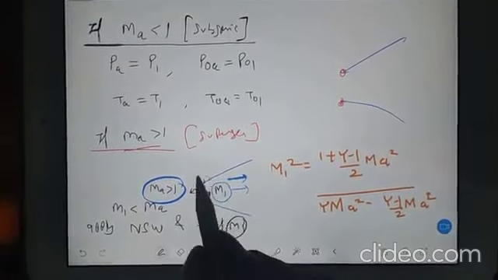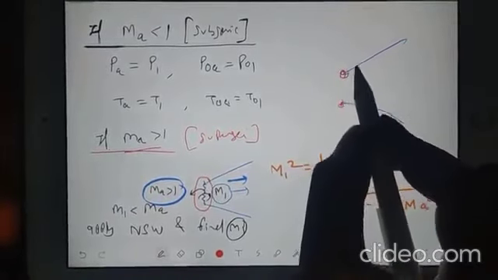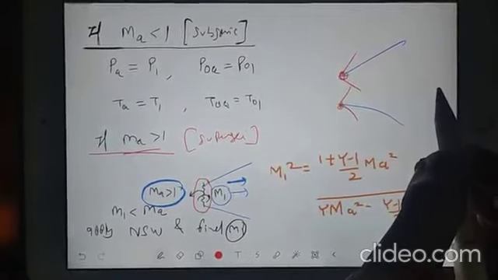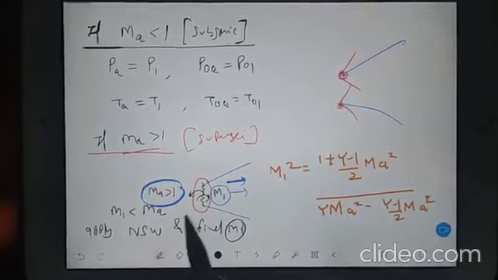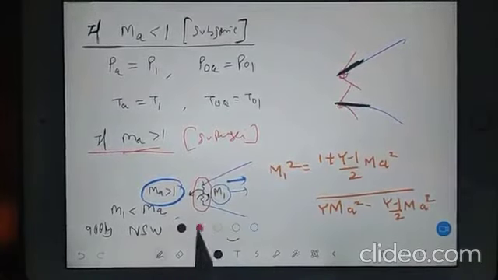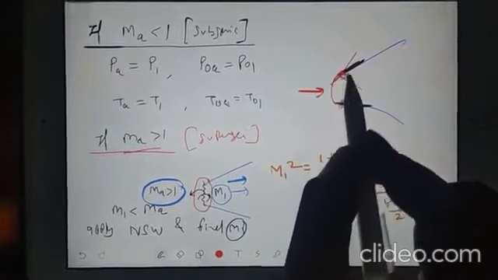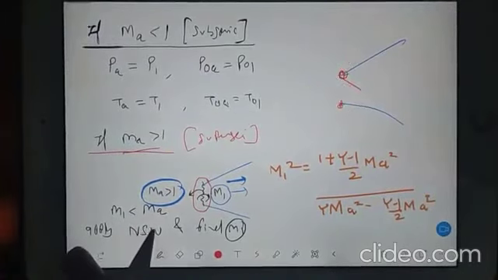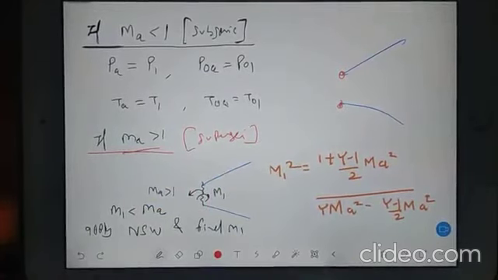Now the question comes: why am I drawing a normal shock wave, when I have taught you that when this kind of surface comes, you should draw an oblique shock wave? Why am I drawing a normal shock wave here? The right answer is, in the 2D diagram it looks like spikes, but in 3D, when you see from the front, it is like a circle. That's why we get a combined effect as a normal shock wave. Okay.